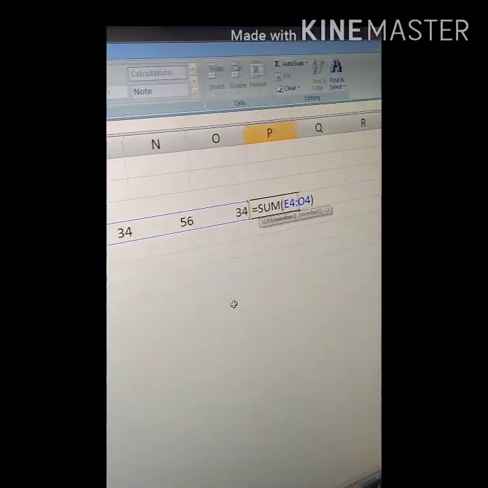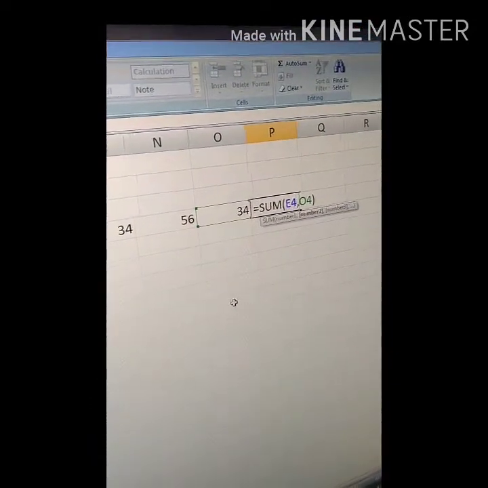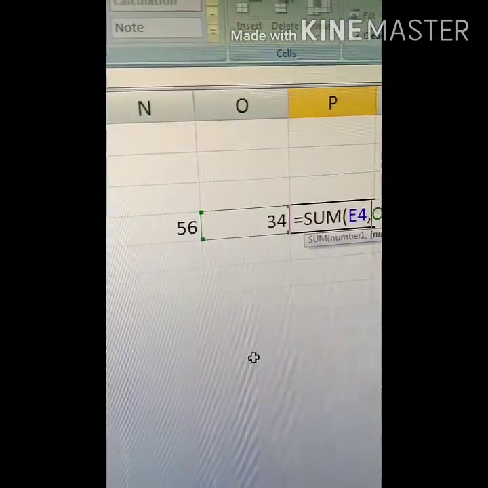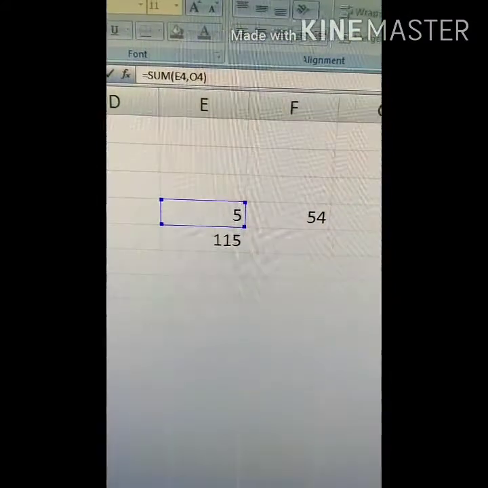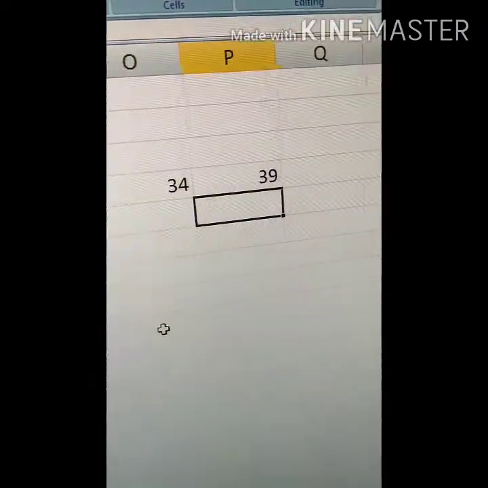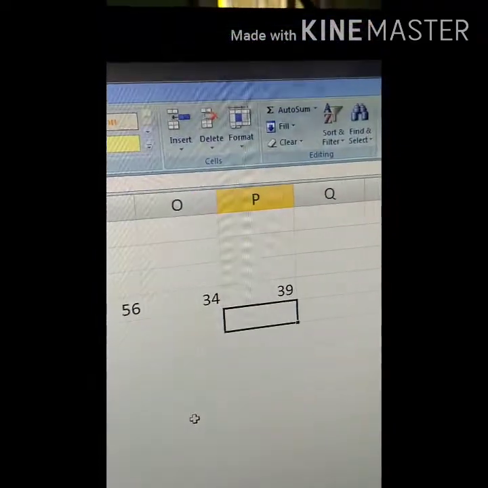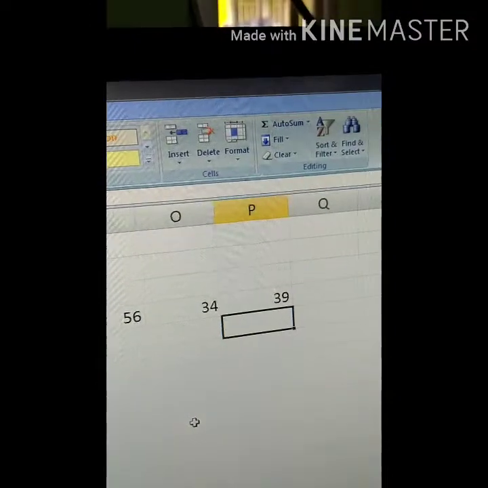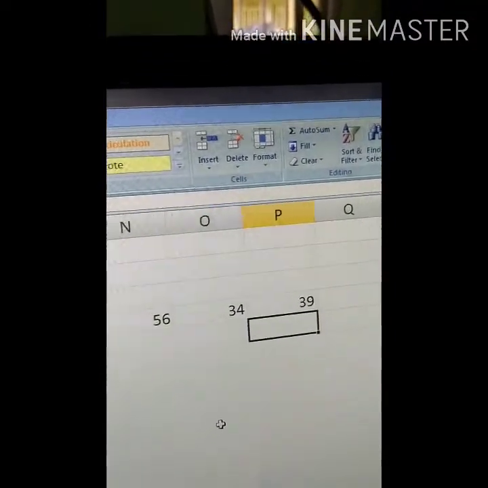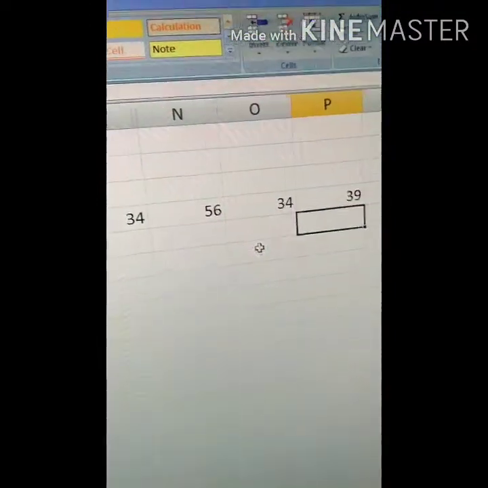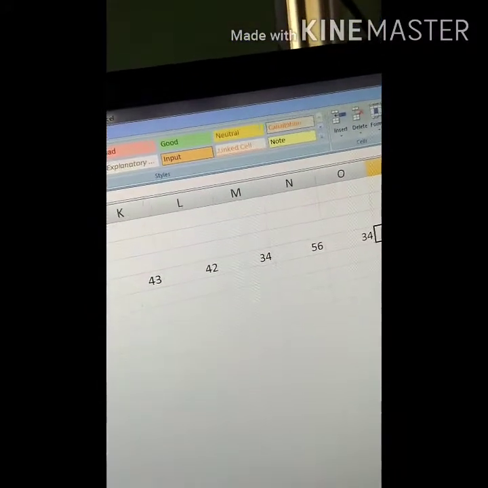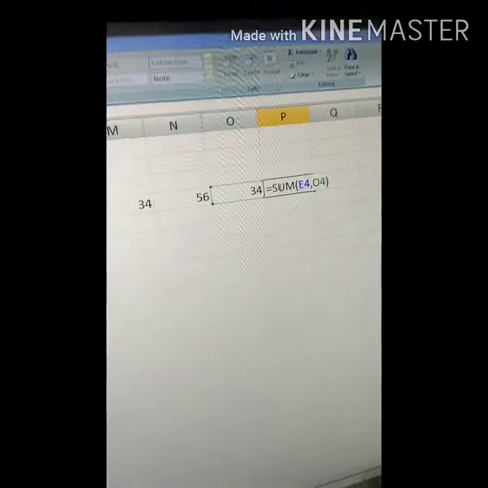Instead of colon you give comma, and it will give the sum of O4 and E4, so this will give the result of only 34 plus 5, that means 39. Edit the formula by pressing the F2 button.